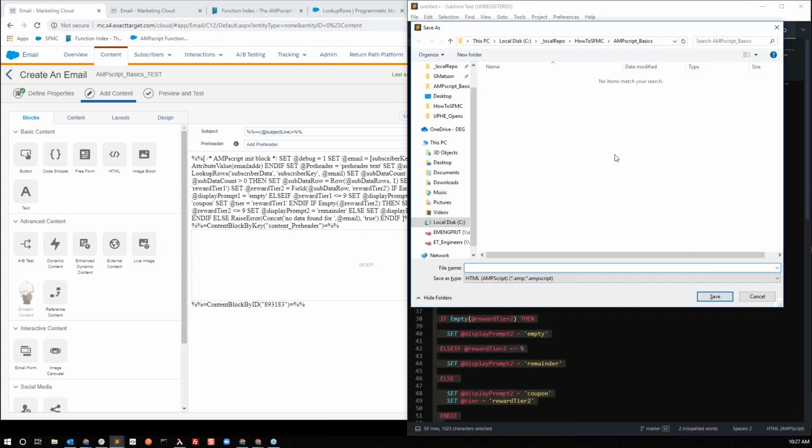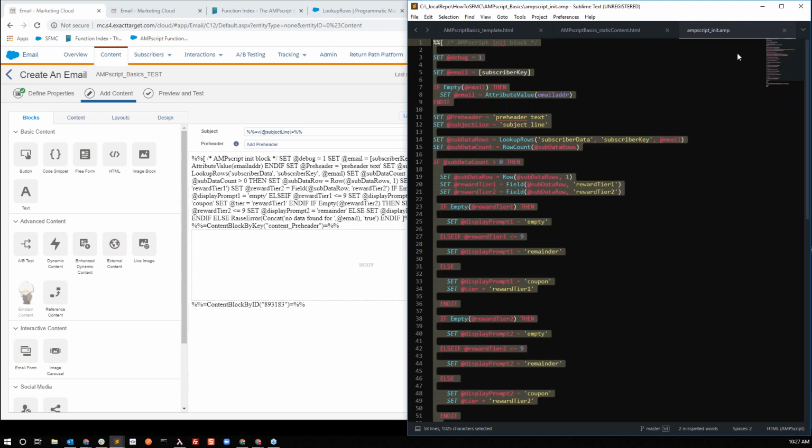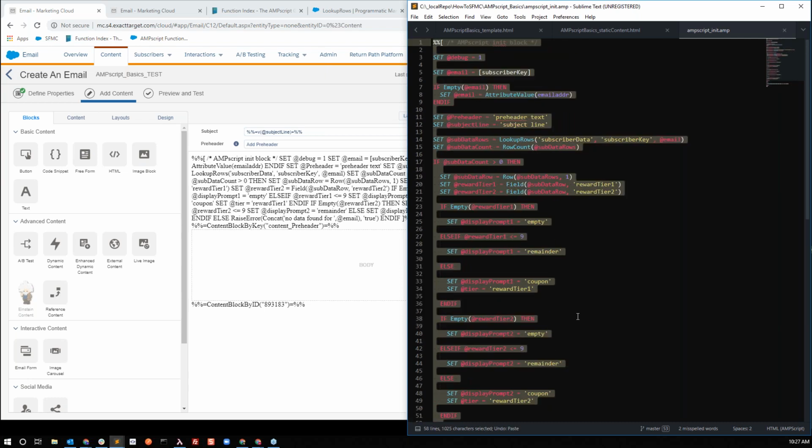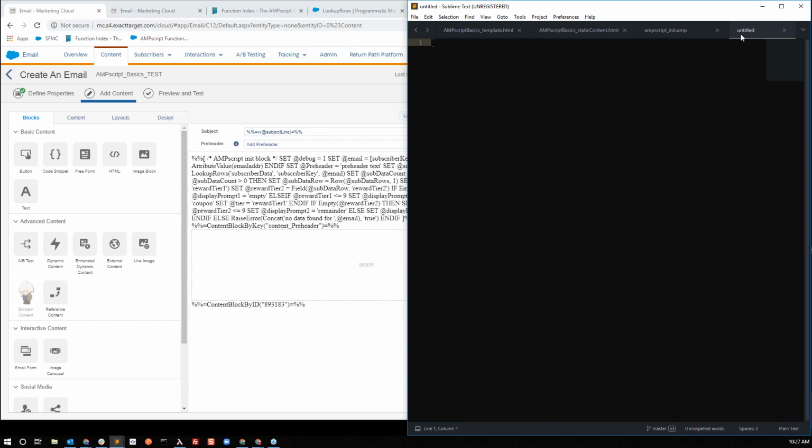Save. And let's open, oops, I accidentally pasted in. Okay, we're going to open a new window here,